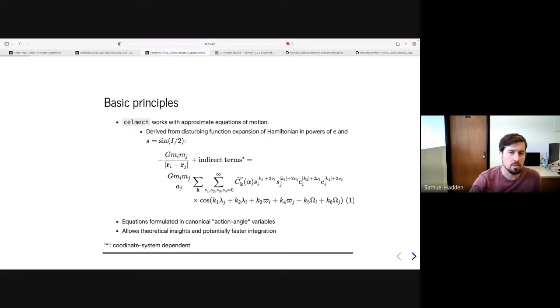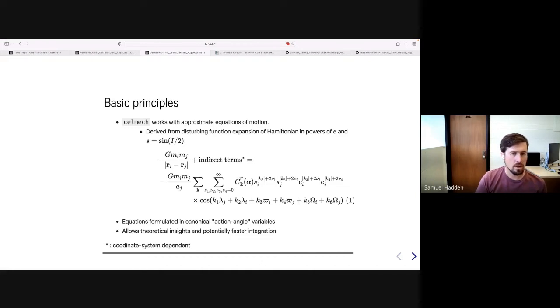Fundamentally, what you're doing is taking the pairwise interactions between individual planets in a system and rewriting them as this multiply infinite sum of cosine terms. Of course, you can't put infinitely many cosine terms in an actual simulation or set of equations. So generally what you do is select a subset of cosine terms that you expect to be dynamically important